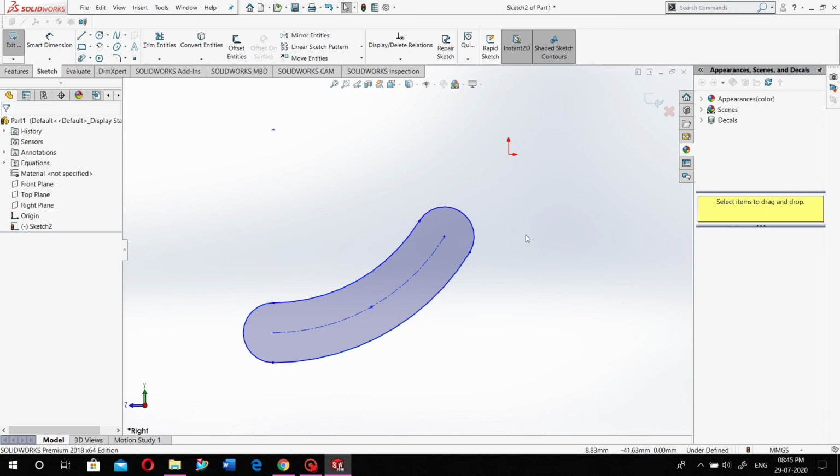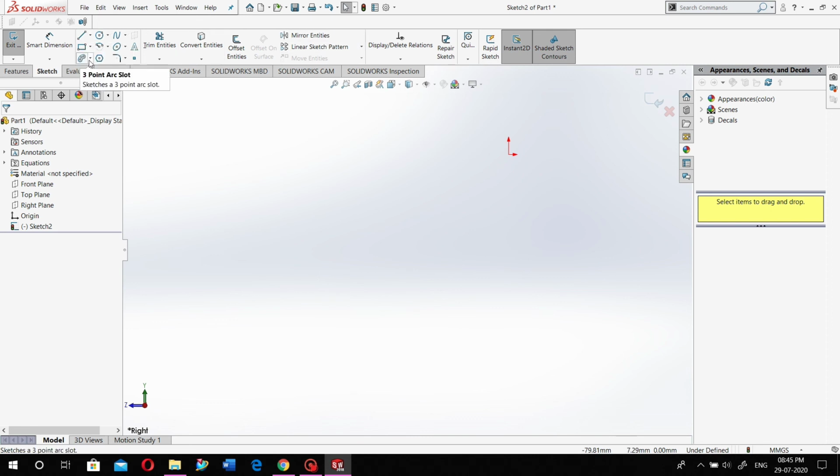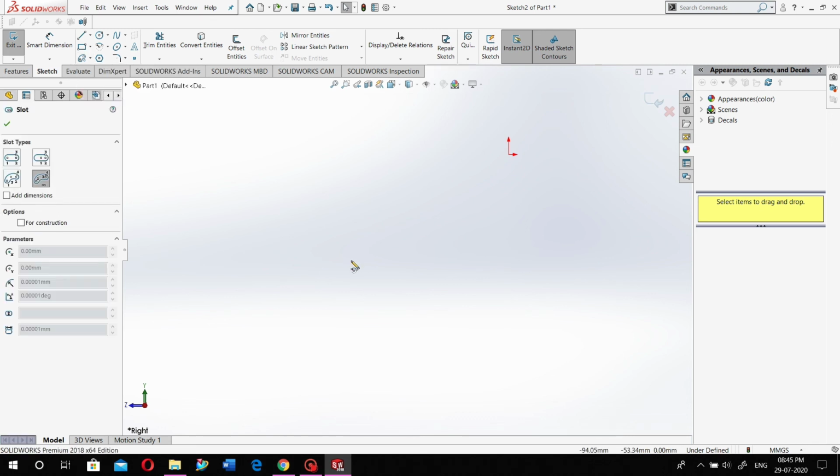There are some specific objects or requirements where we have to consider a curve and make a slot. In this kind of situation you have to use this kind of slot, that is, the 3-point arc slot.